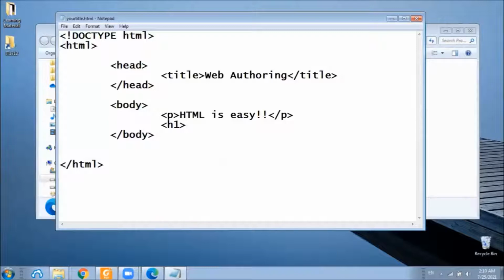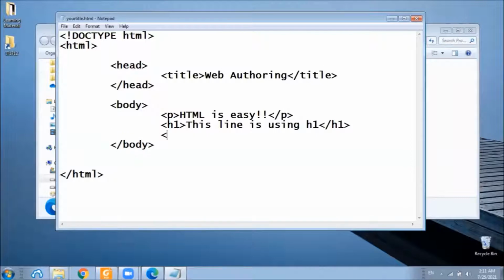The largest heading is H1, and we shall put the heading text inside this heading opening and closing tags. For this one, I will put this line is using H1.